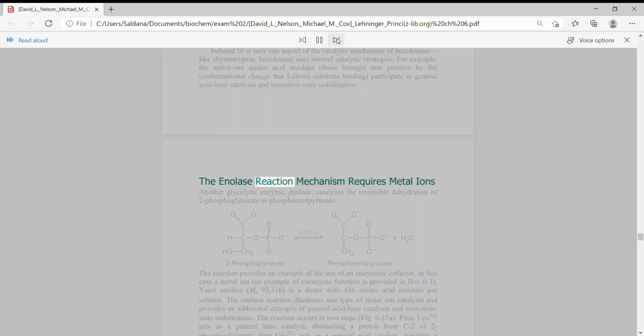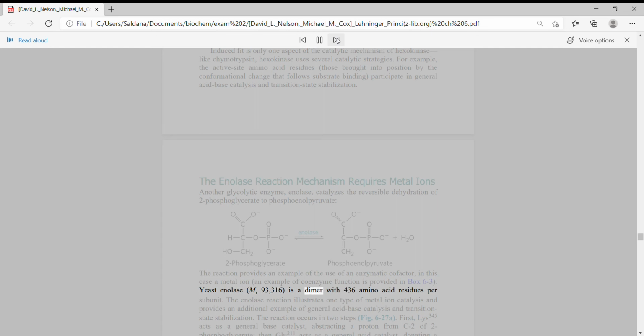The enolase reaction mechanism requires metal ions. Another glycolytic enzyme, enolase, catalyzes the reversible dehydration of 2-phosphoglycerate to phosphoenolpyruvate. The reaction provides an example of the use of an enzymatic cofactor, in this case a metal ion. An example of coenzyme function is provided in Box 6-3. Yeast enolase, Mr